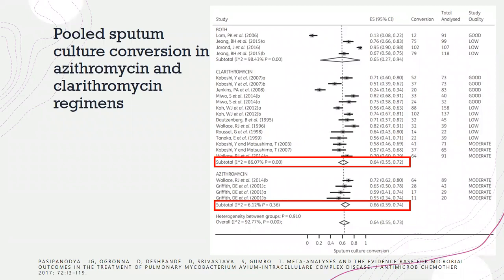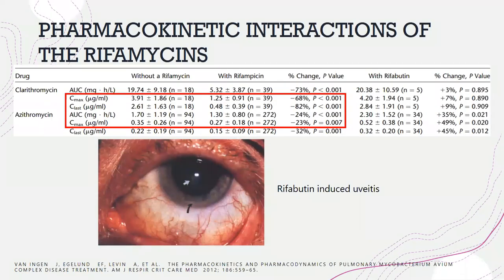Both their ratios, the pooled conversion rates, are the same. Then why do we favor one over the other? This is actually a very interesting study that I wanted to put in here. When you look at the pharmacokinetics and interactions of azithromycin and clarithromycin in the setting of using rifampins or rifamycins, that's where the distinguishing features come in. So here you have in this graph, which I've tried to highlight with the red box,